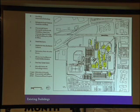This is just the existing campus layout. The light green are all of your existing buildings currently. Your parking lots all around. Your fields are over here. Of course, you're heading